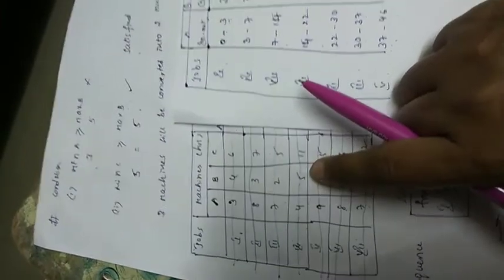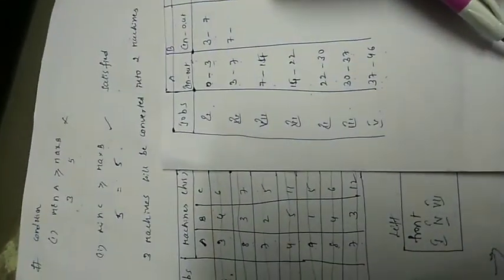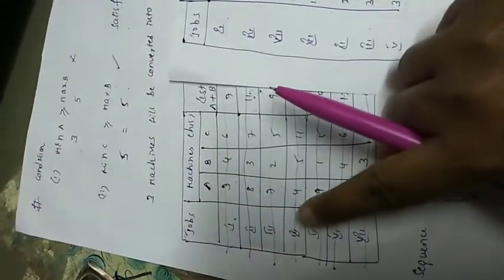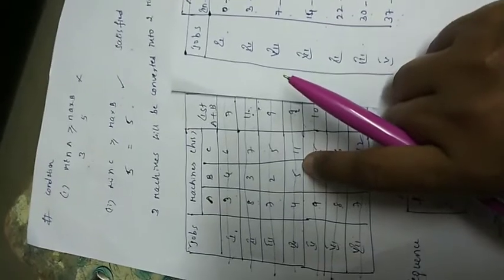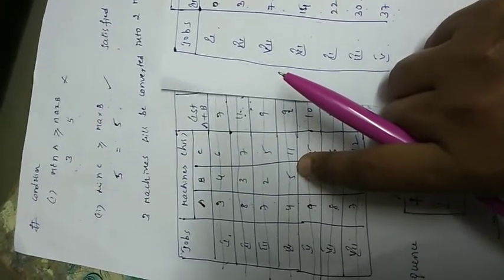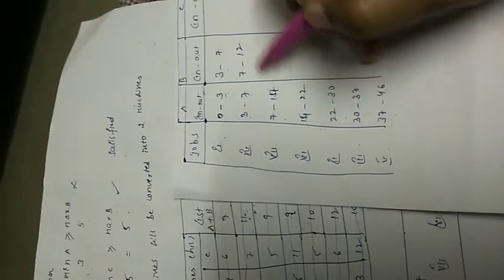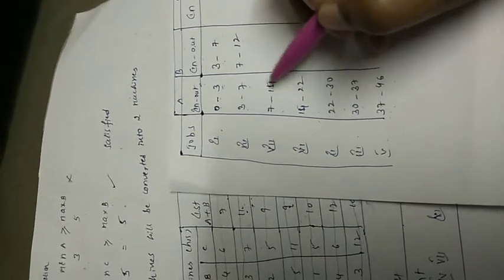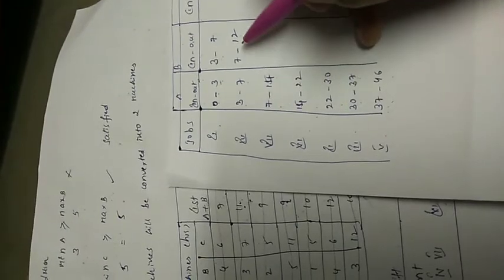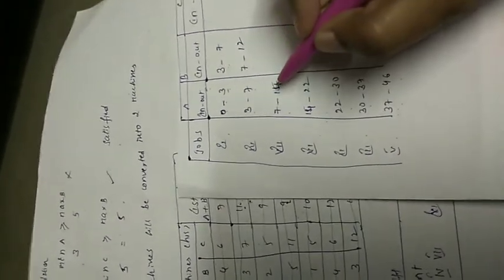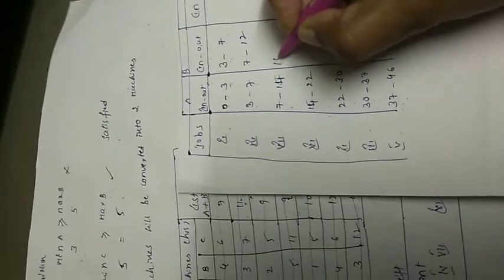7 plus, the fourth job for B mission is 5. This is the fourth job for B mission, 7 plus 5 is 12. I will take 12 and compare 12 and 14, which is highest. We will wait 2 hours, 14 minus 12. So I will take the highest, 14.